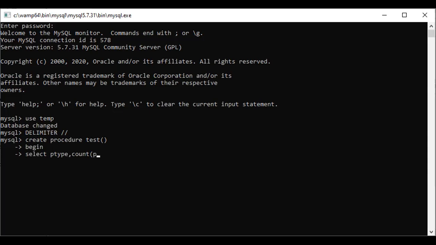Count is going to apply on PType of table product, from product, grouped by PType.